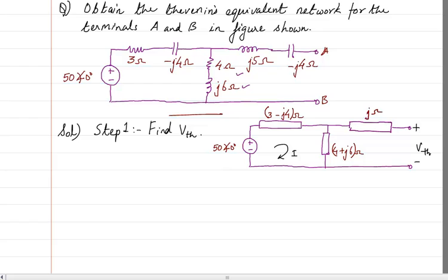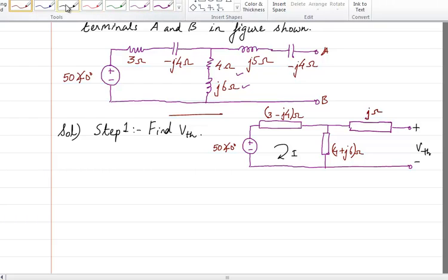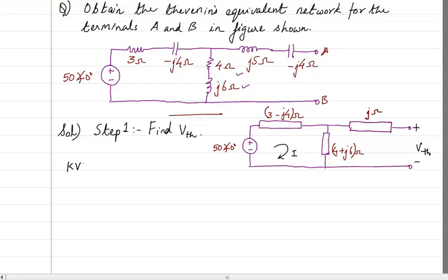So now let us write the KVL at mesh 1. So we know that the current is traveling like this, entering, leaving, entering, leaving. Here there is no current. Why? Because this is open. So there is no current here, and I should not write any current here. So therefore, if I go around the loop, it becomes minus 50 angle 0. I can just write it as minus 50